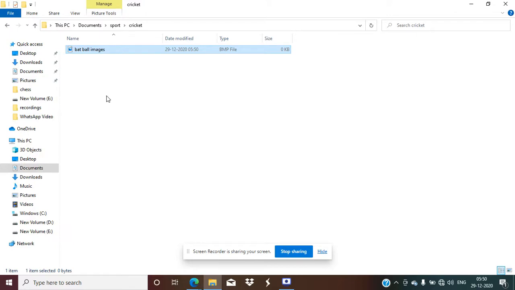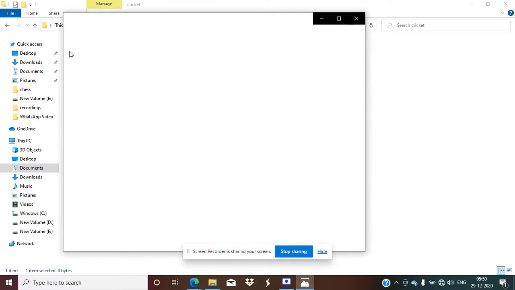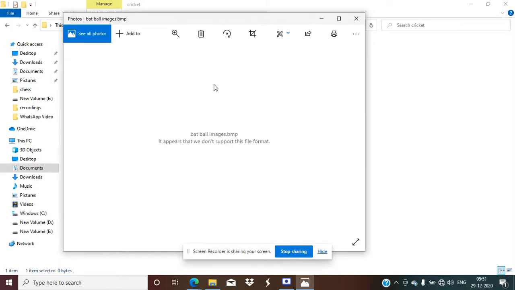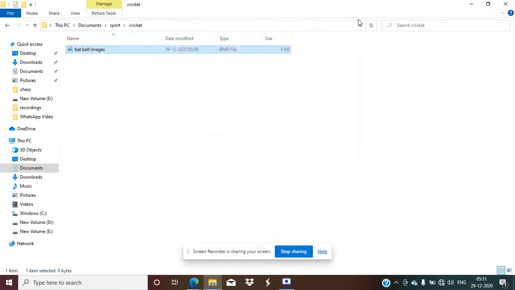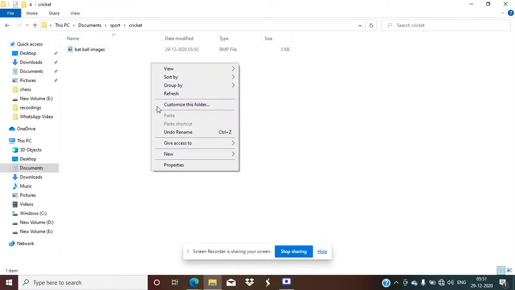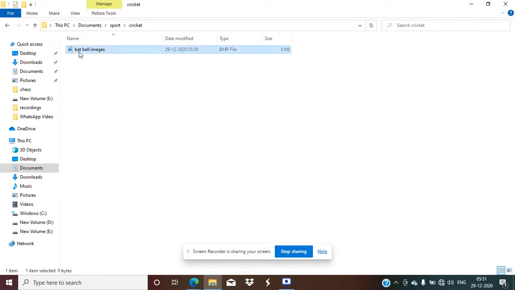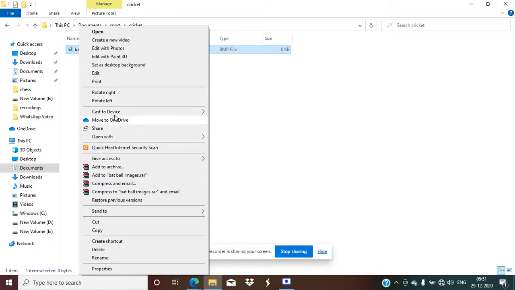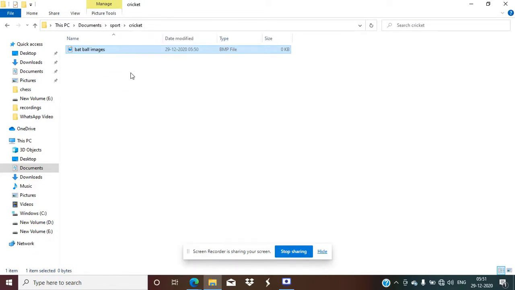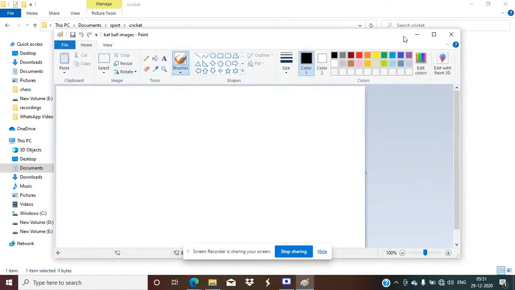Different kinds of files will show you different kinds of icons here. The thumbnail of each program is a different kind of thumbnail. The file is made as a picture image. We have to edit it in a bitmap image.